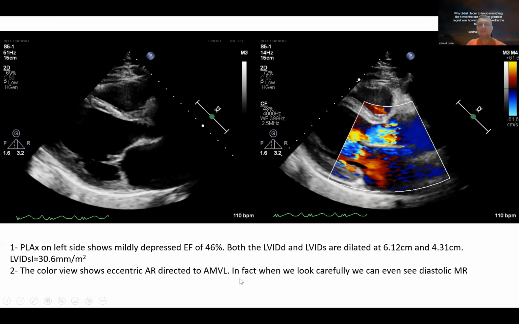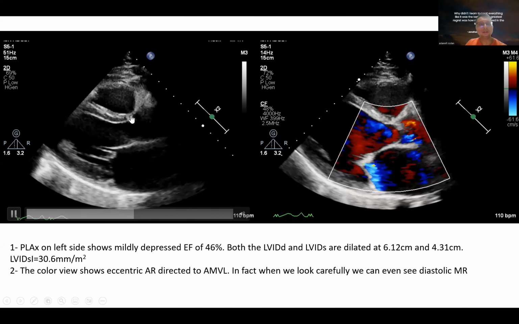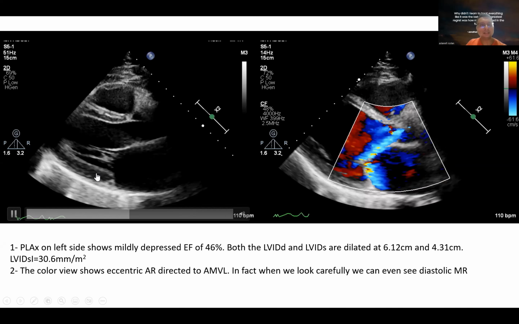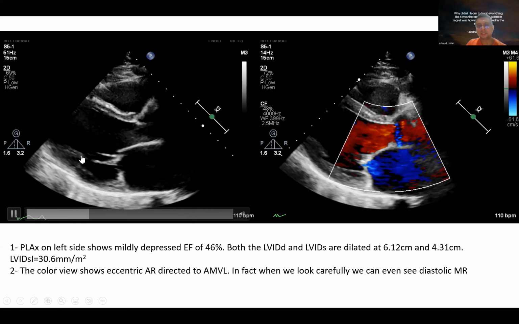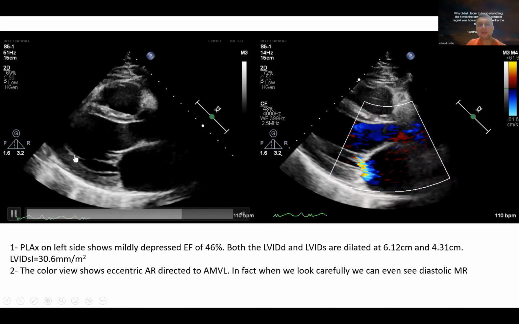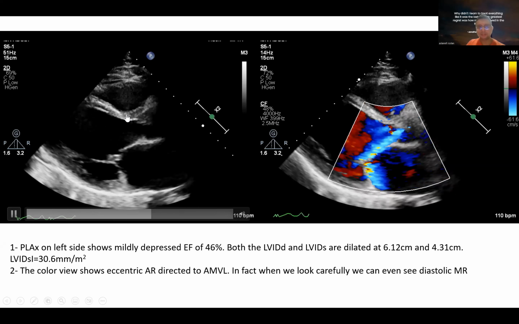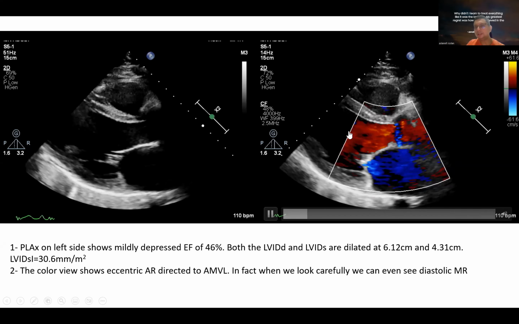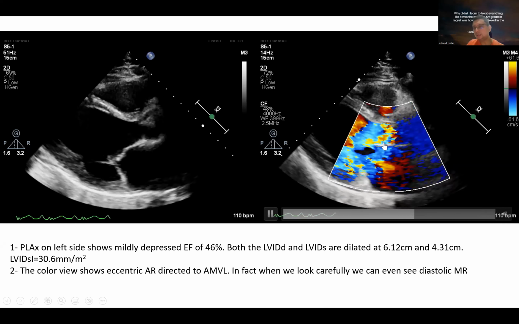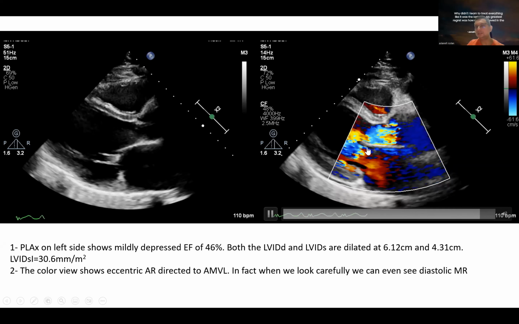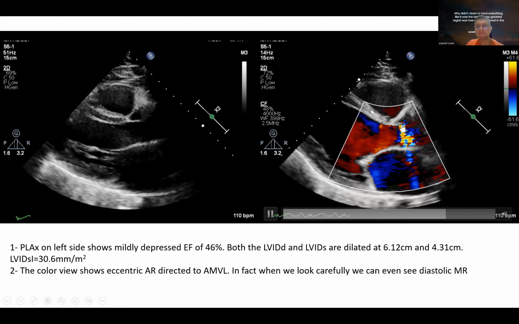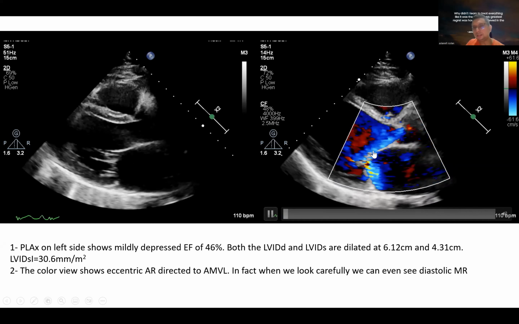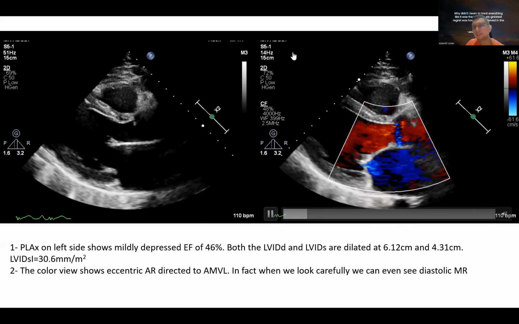So this is the echocardiogram of the patient, and you can see here the parasternal long axis view. The first thing that you can see is that the LV is dilated, right? You can see that the ejection fraction is somewhat depressed at 46% on 2D. And when we look at 2D with color, what you can see here is actually severe aortic regurgitation. So this patient has severe aortic regurgitation, and the aortic regurgitation is actually eccentric. I think that's very important to